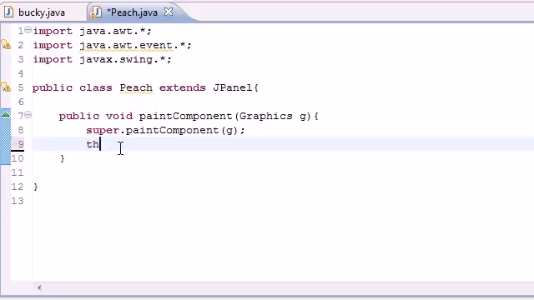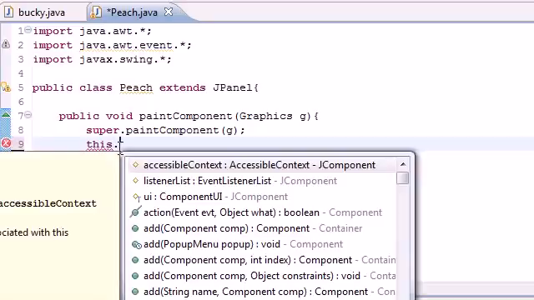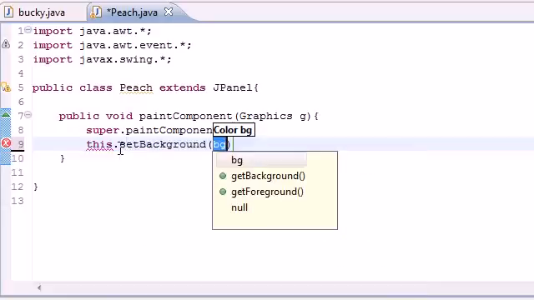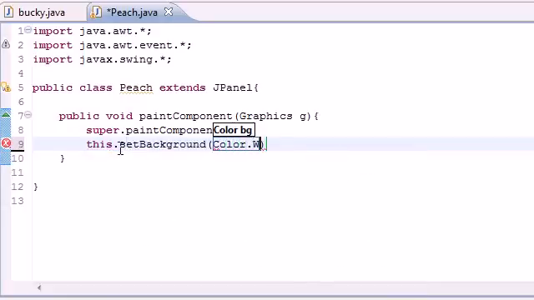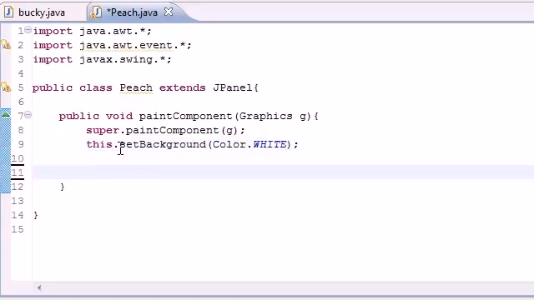And next, let's go ahead and set the background color. Might as well make it white. I'm going to make mine white. You can make yours whatever you want. setBackground, and I'm going to put Color.white, just like that. And now let's go ahead, the first thing I guess I can teach you guys